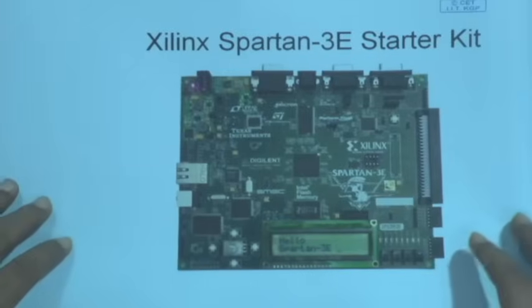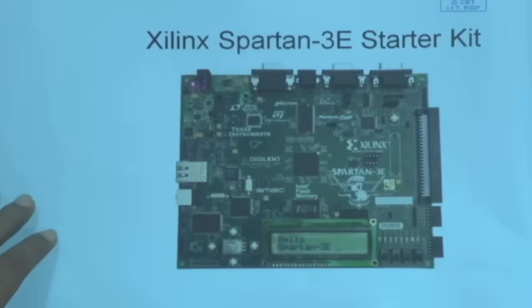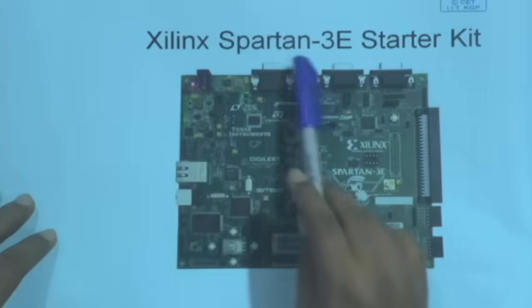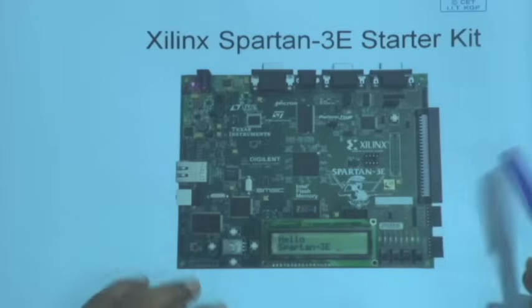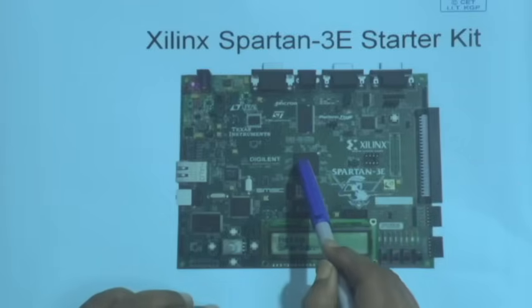So, one of the FPGA board is just like a board. Here you can see this, right. It is a board, it is a Spartan 3 board, where you can see the FPGA here, it is a chip, this is the FPGA,